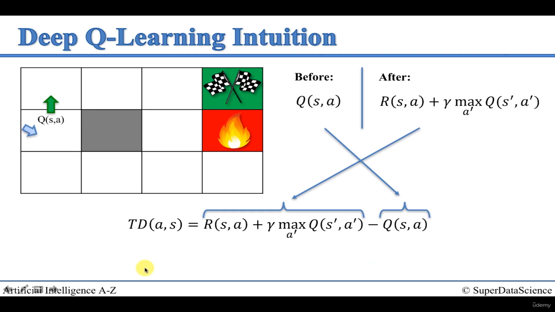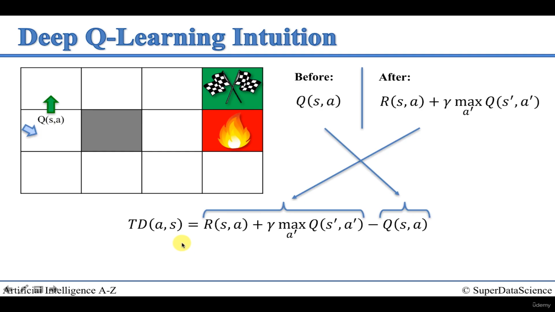So just important to understand here is there's no before and after in this specific square, this specific time. We're taking the Q value that he's predicted using the neural network this time, and we're comparing it to this value which he had from the previous time. From the previous time he was in this square, assessing all of the situation, and the previous time he actually performed this action. So there we go.